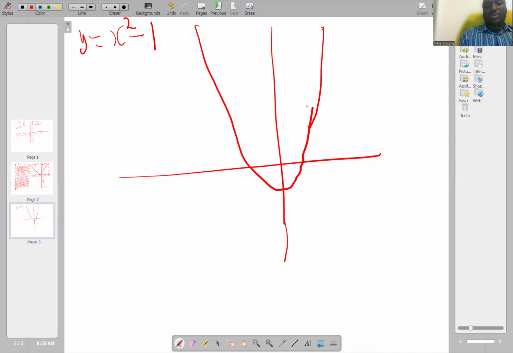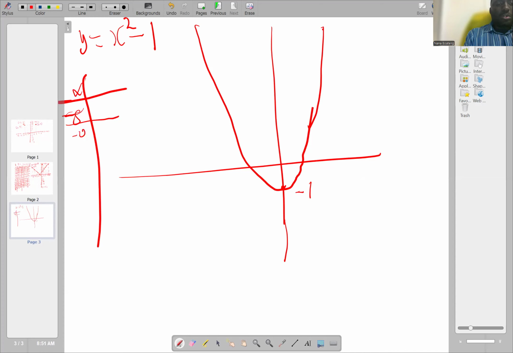Let's say we have a graph like this, y is equal to x squared. On the number line, it's going to look something like this. So we can actually draw this by picking x values from -5 to +5. And once we have these x values, we can find the corresponding y values, which is equal to x squared minus 1. So we can actually plot this, but to explain the concept of intercept, the x-intercept